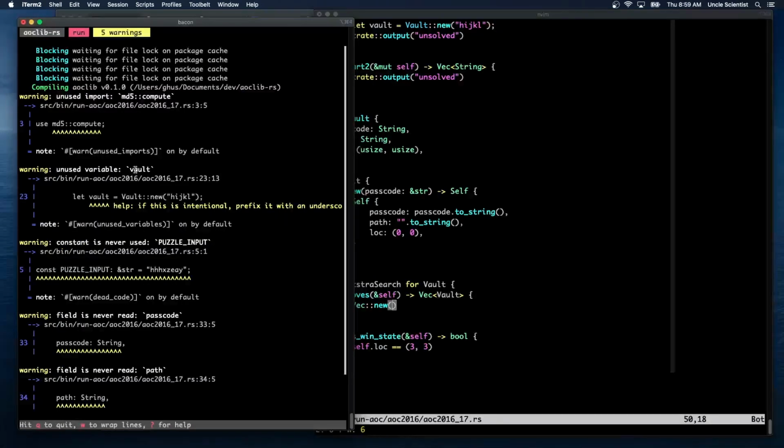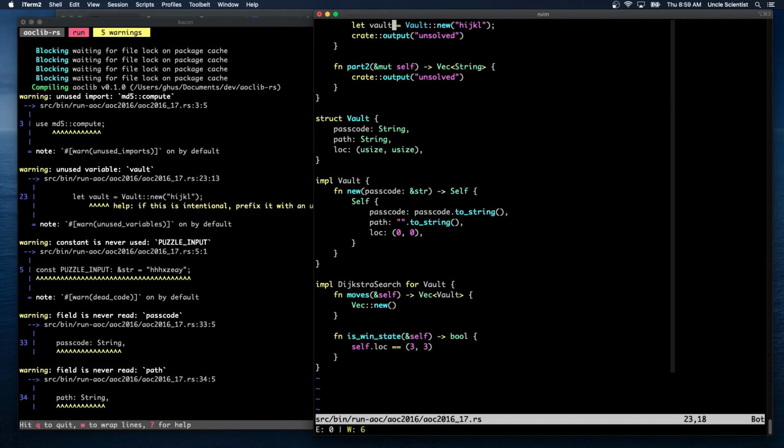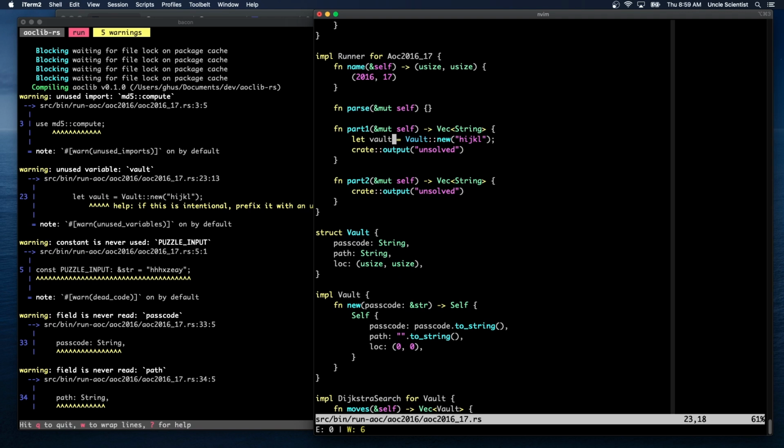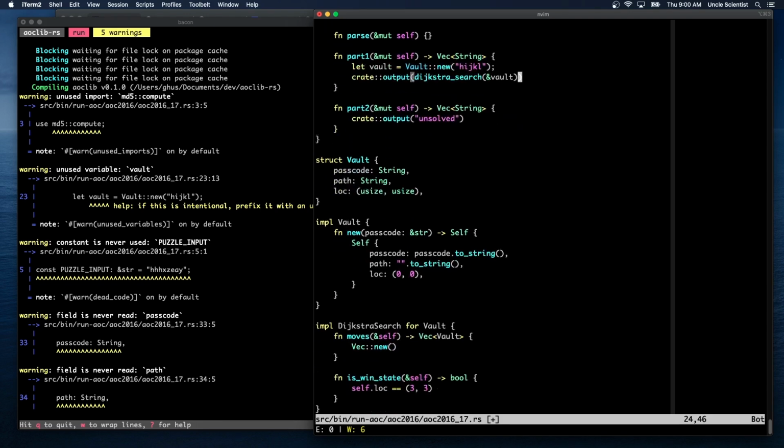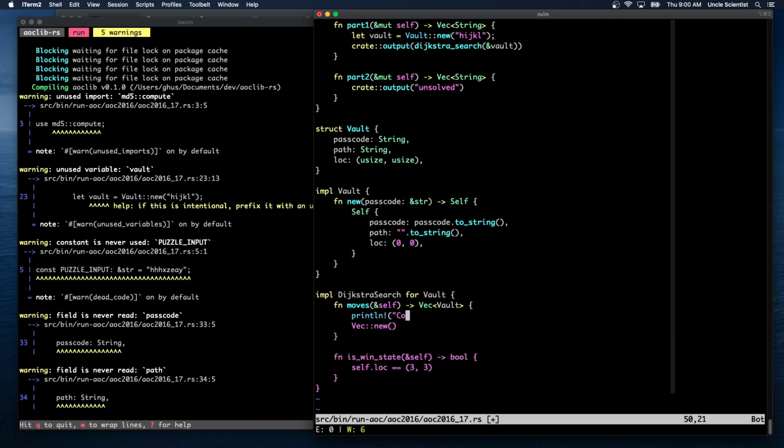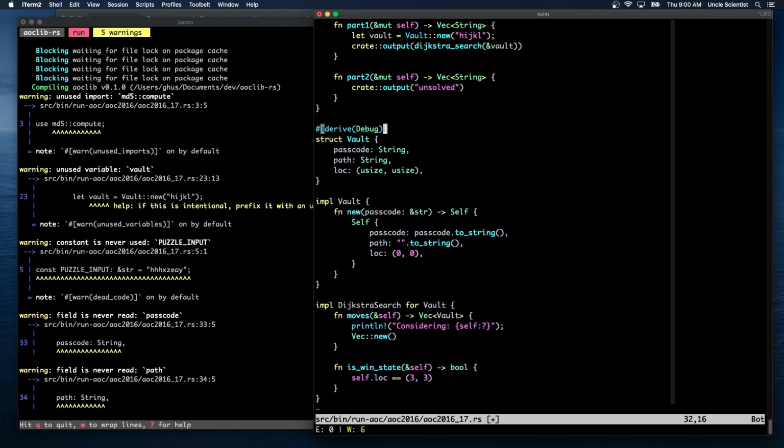Very good. And it built, and we're not using half the stuff. Good. So let's start using it. So what we can do now is actually say Dijkstra search on vault. And we can actually just print that out. But we can debug things along the way and print out our current moves, right? So println considering, and then what we can do is just derive Debug on that. Right, and then that way we can see, it should say considering HIJKL, and then return that as a move. And we'll compute MD5 on that. So